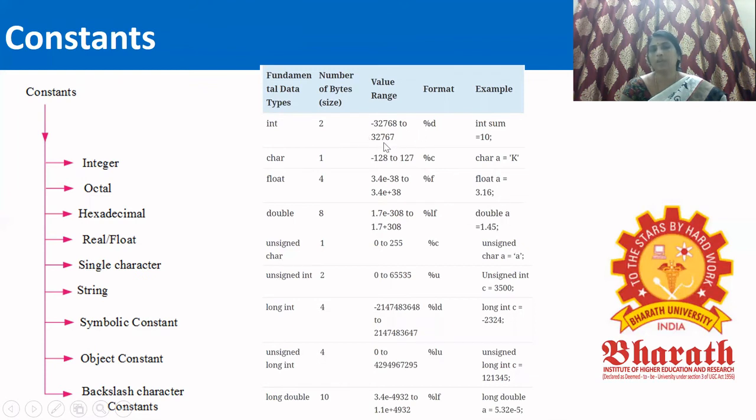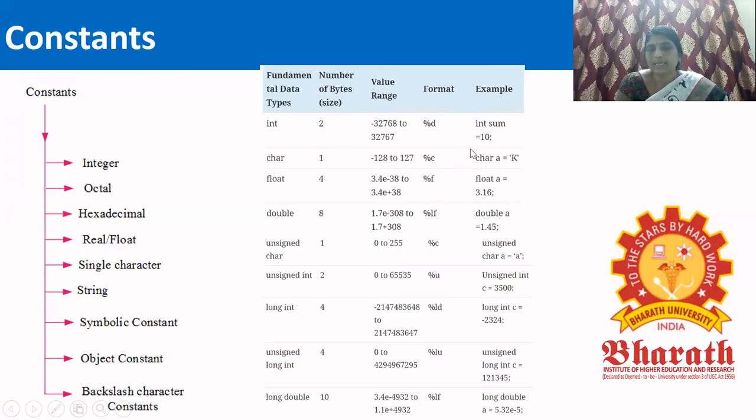So it indicates the variable and the format which is specified in the C language in order to understand it is an integer. When you want to give an integer, it has to be represented by %d. When I want to represent a long int, it is given as %ld. So we can assign a specific constant to the variables by indicating the data type. Example, int sum is equal to 10. So sum is the variable and 10 is the constant of the data type integer.